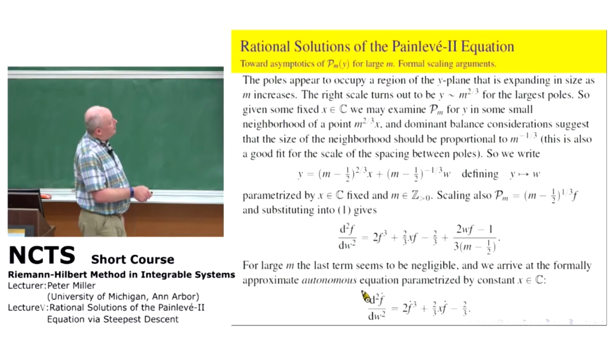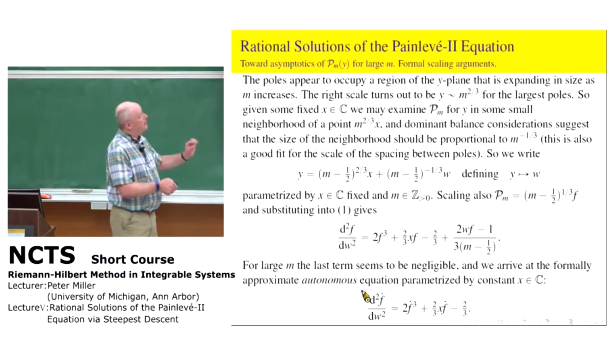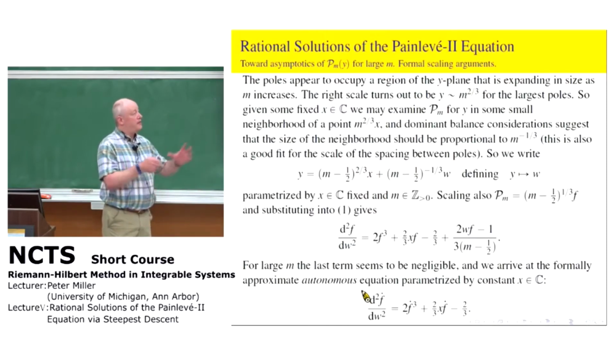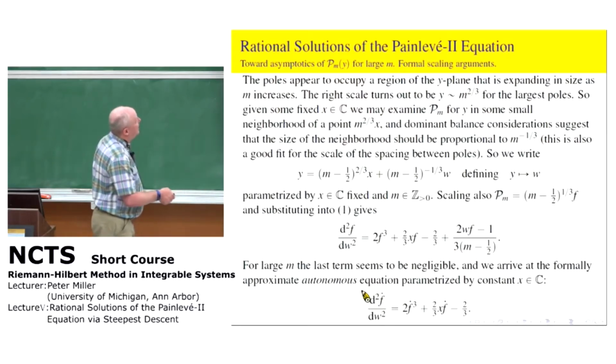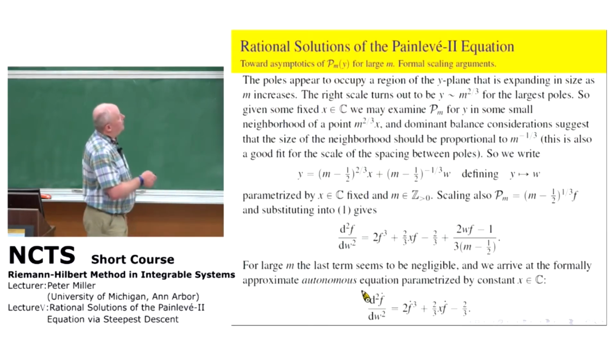And that turns out to also be a good fit for the scale of the spacing between the different poles, which is why when we make the pictures for bigger and bigger m, the poles get more and more dense. So the spacing is like that. So it's going to 0. So anyway, what we'll do, we'll write y, given this fixed number x,